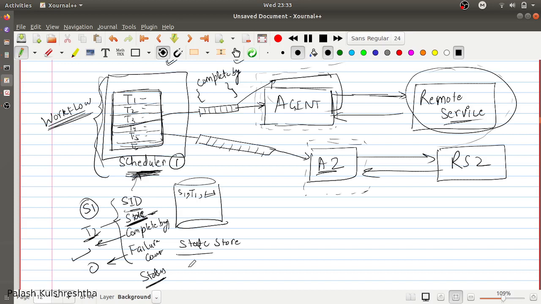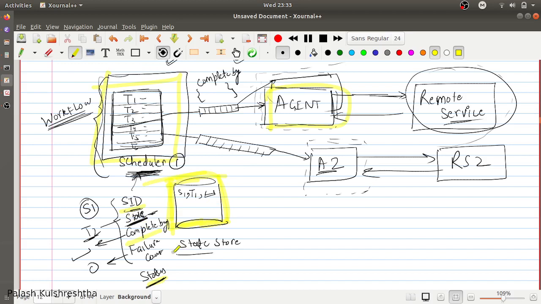Now, all these components that we have discussed till now, scheduler, state store, agent, are independent services or independent components. State store is used to keep track of what all tasks have been done, what the current status of that task is, where that task is currently running, and by when this task will be completed.